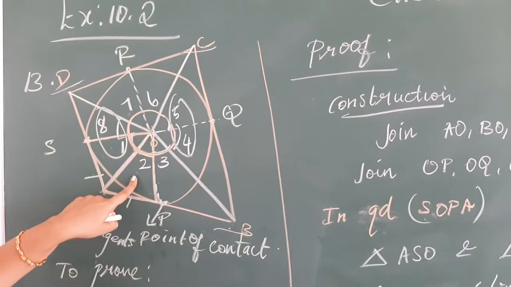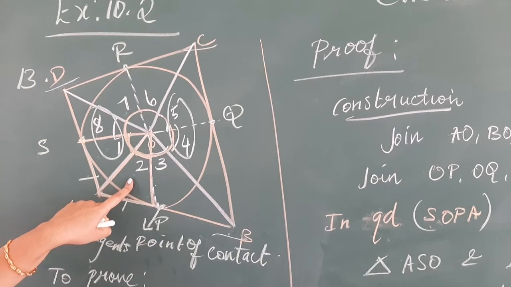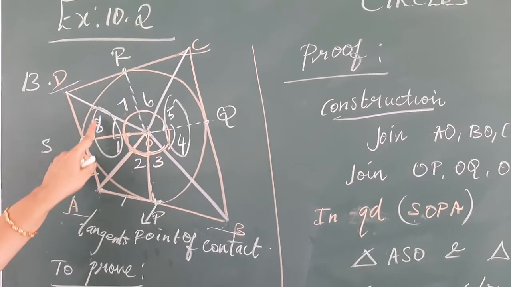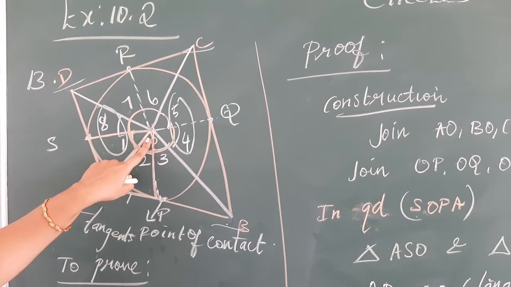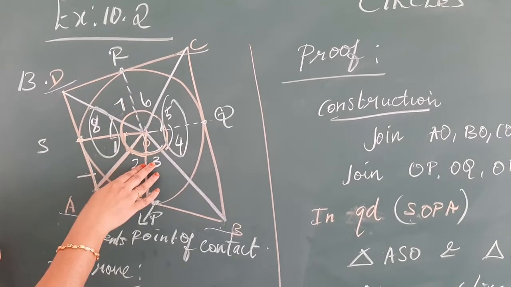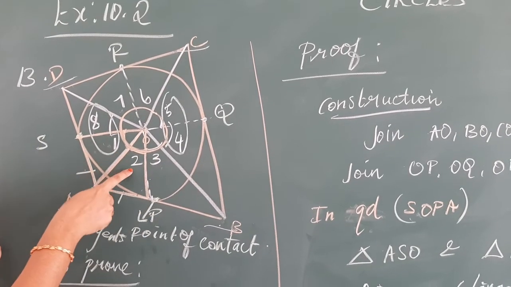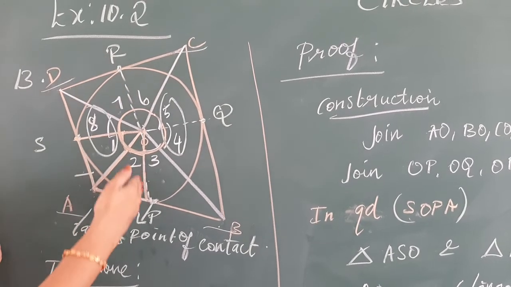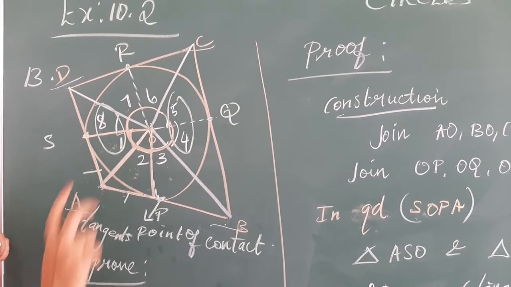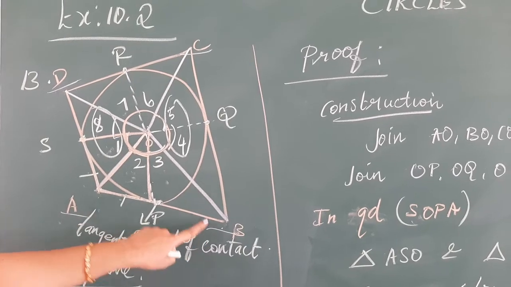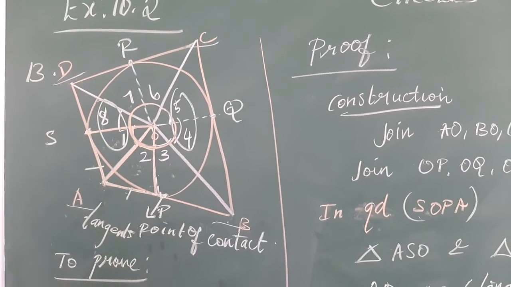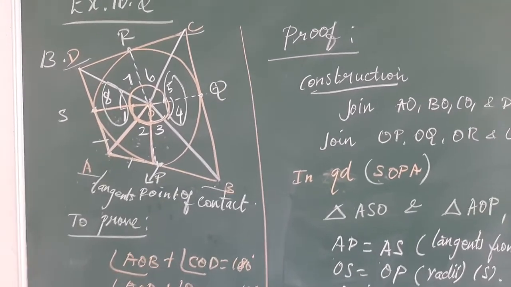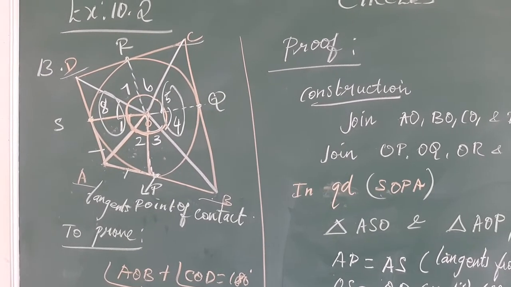What we did here, we used the concept of theorem 10.1 as well as 10.2, and we said this is tangent, and we divided 8 angles here at the center. O is the complete angle 360. So the sum is equal to 360, and we proved that each angle with respect to the small quadrilaterals divided here with the radius is equal to each other, and then we proved that the angle AOB plus angle COD is equal to 180. Go through the sum properly, do the sum in your classwork as well as in your homework. That's all, this chapter is over.